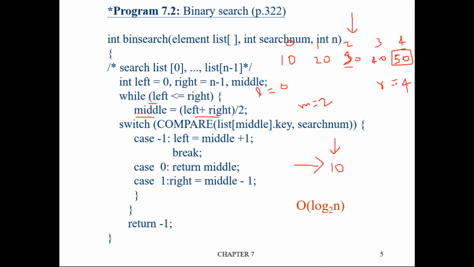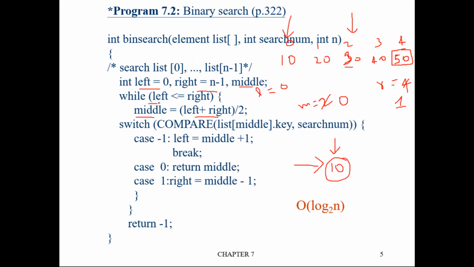So now R will become middle minus 1, R will become 1. After updating R, again we update M. So 0 plus 1 by 2 is 0.5, which is 0. So M will become 0. The next round it will directly check location 0. The 0th location is 10. Is it equal to 10? Yes. So it will come out. That is the logic. So we set initially left as 0, right as n minus 1, middle is something like this,